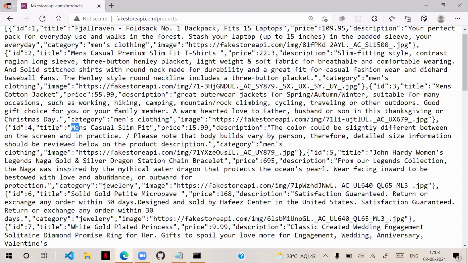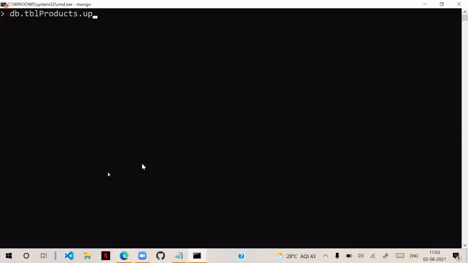db.tbl products dot update one, to update one record, not all. Update many is used when we want to update all with the same value. We don't want to update all with the same value, only one. And here, what is the query? First the find query. The find query is ID colon 4. That is the find query. After that,